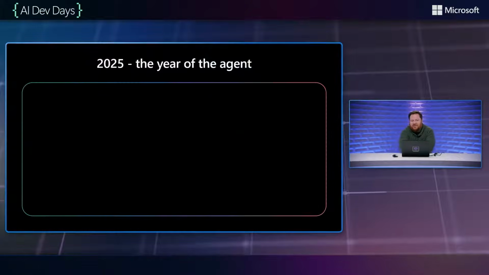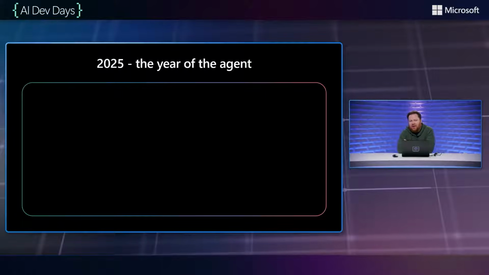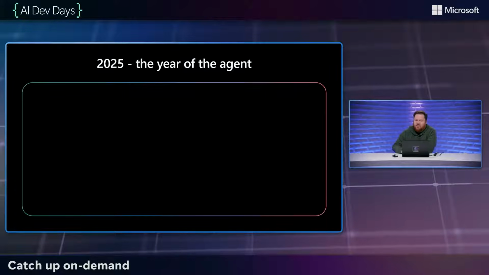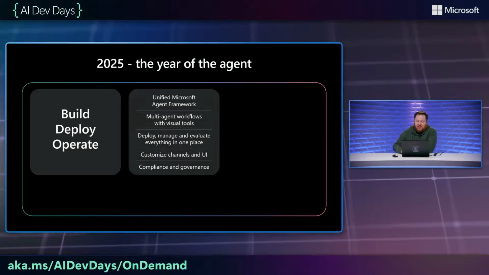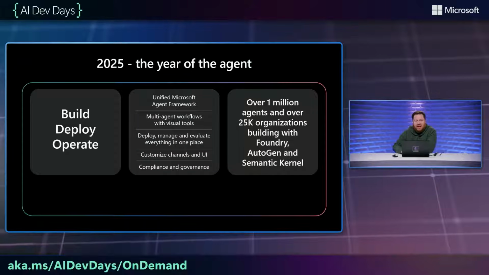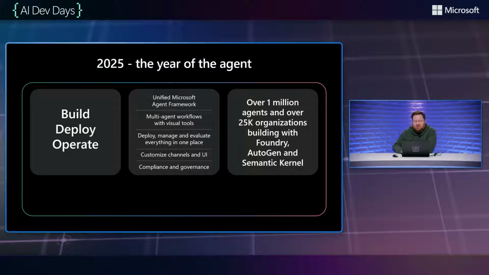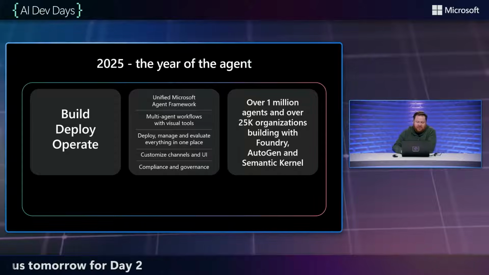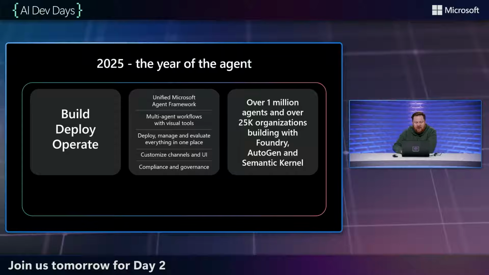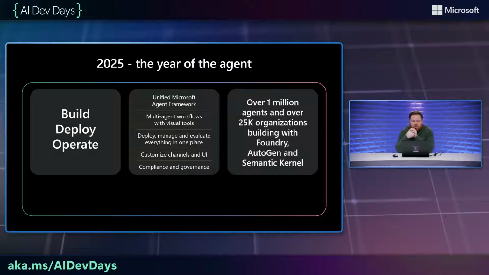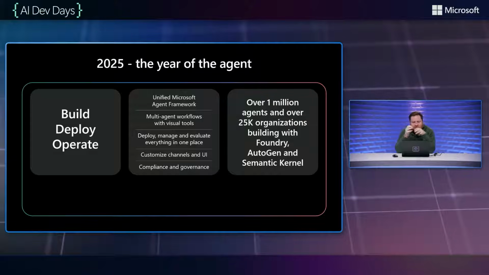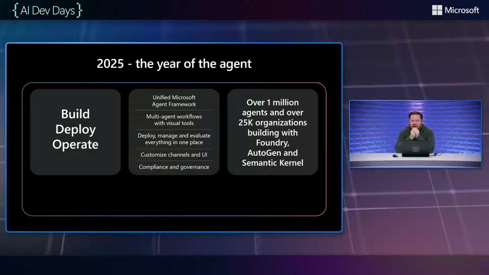But before I dive into some of the new features, I'd like to look back on the last year. We've been talking about AI agents for about a year now. And with Microsoft Foundry and Microsoft Agent Framework, we've enabled you to build, deploy, and operate your agents at scale. And so some of the things I'm going to talk about today is how we've unified to a single Microsoft Agent Framework, how we're building multi-agent workflows that allow you to visualize your workflows and have your agents work together,